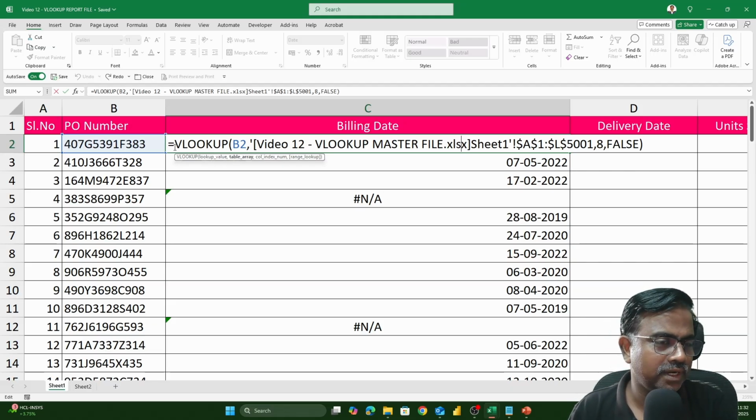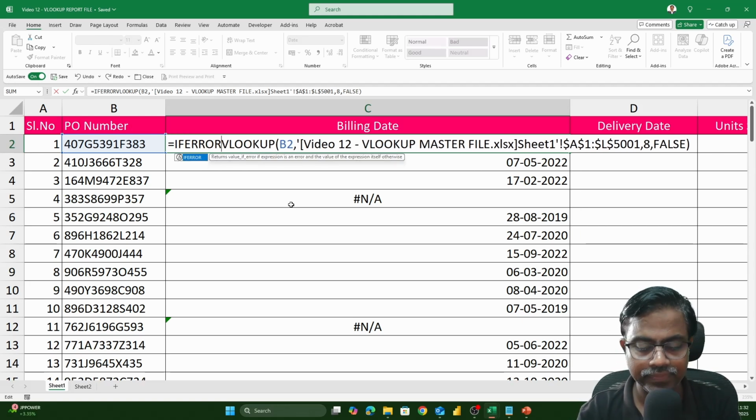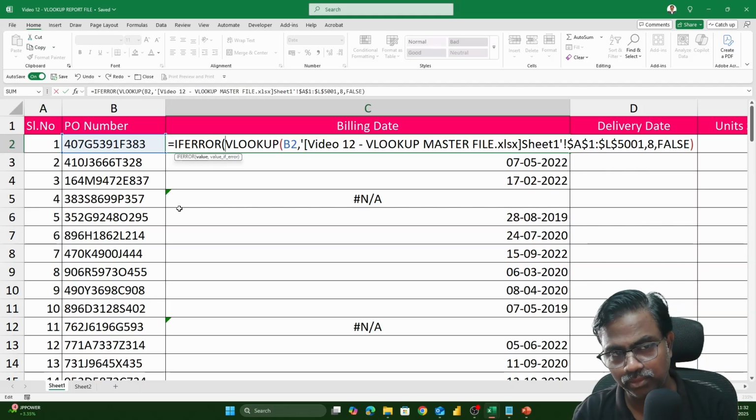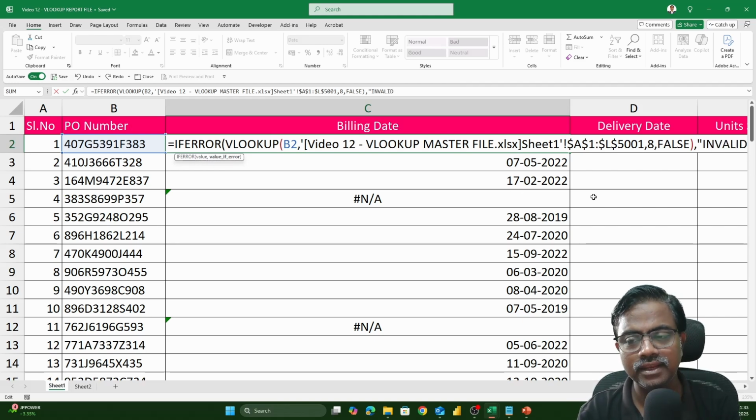So I'm just going to go ahead and put this VLOOKUP inside the formula IFERROR, open bracket. IFERROR takes only two inputs. The first input is your formula. The second input is what you want to see if your actual formula gives an error. So if my VLOOKUP gives an error, I'm going to the end of the VLOOKUP formula, right after the closing bracket, and putting a comma. Now it's asking me, what value do you want to show if this gives you an error? Well, I would love to see invalid PO